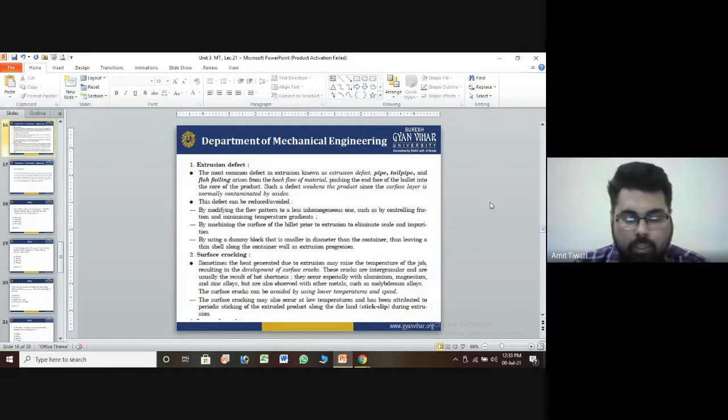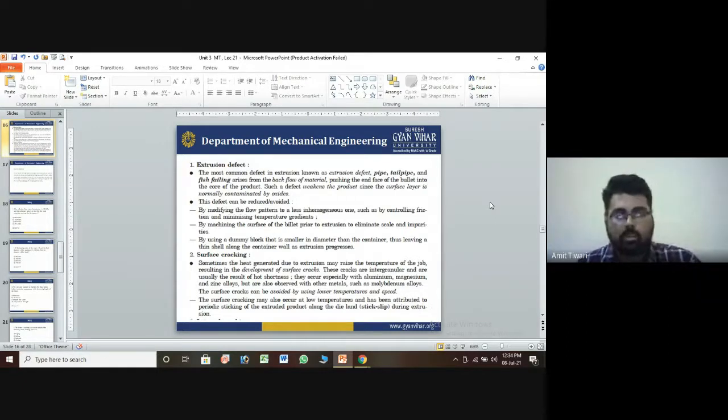So this defect can be reduced or avoided by applying the following flow patterns, or we can say the flow pattern dependent, the less homogeneous mixture. So these are the fundamentals, that is reducing the diameter or increasing the length. Then the crack initiation can be reduced by modifying the flow to the less inhomogeneous one, and controlling high friction rate will minimize the temperature gradient. So these are some fundamentals.